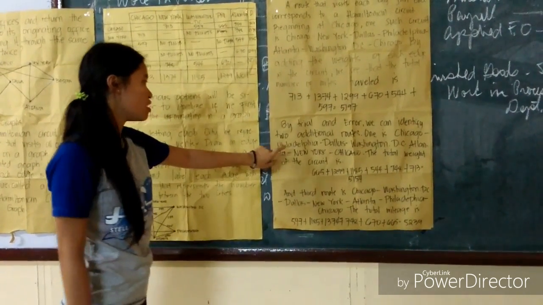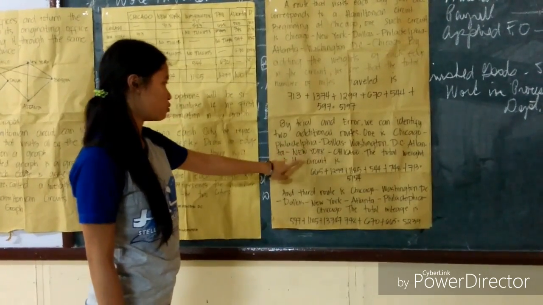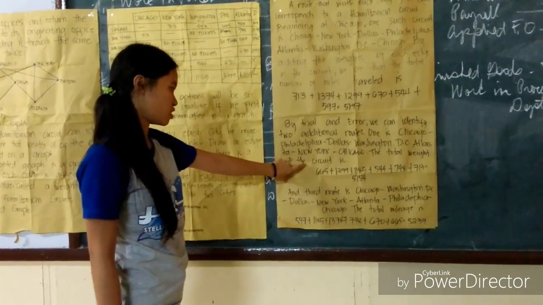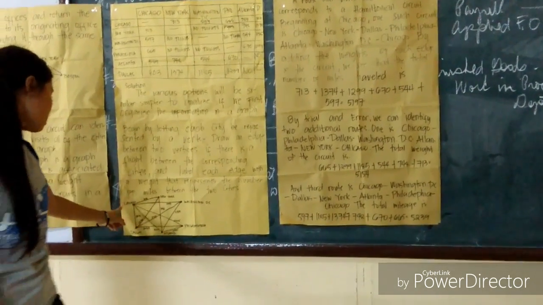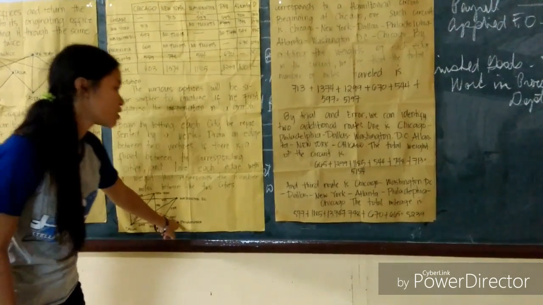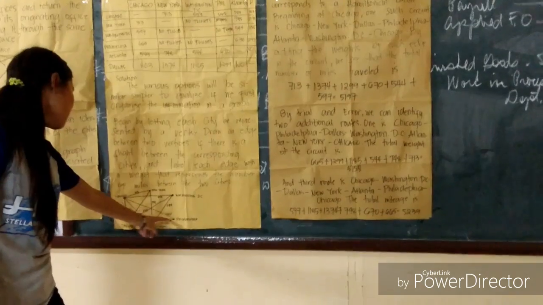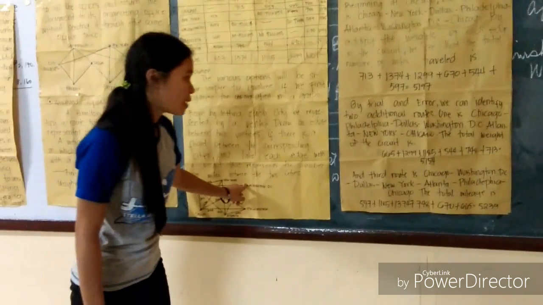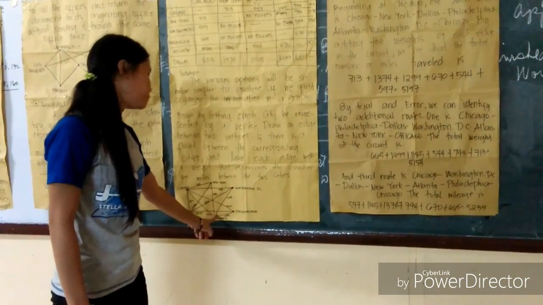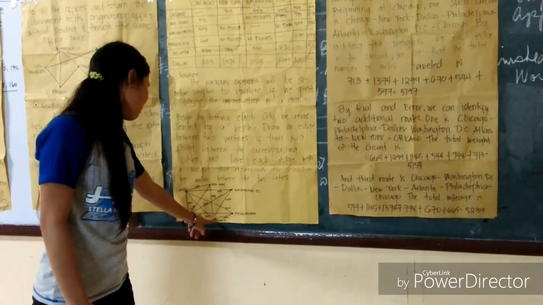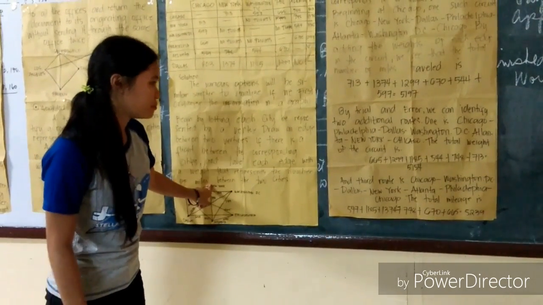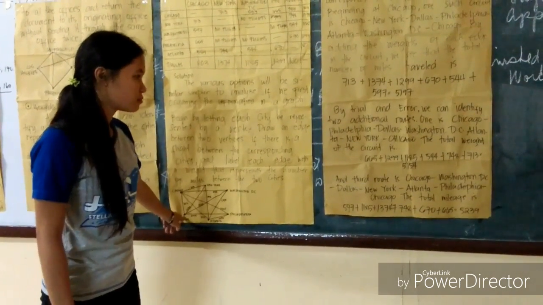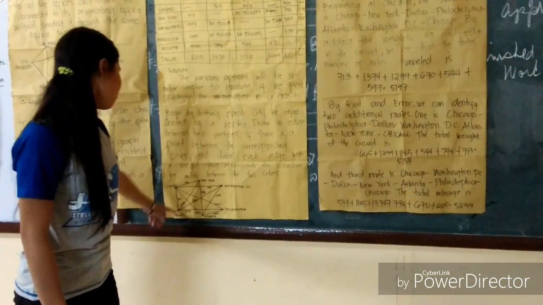By trial and error, we can identify 2 additional routes. Next is Chicago, Philadelphia, Dallas, Washington, Atlanta, New York, and then go back to Chicago. The total weight of the circuit is 665 plus 1,299 plus 1,185 plus 544 plus 748 plus 1,713, which is equal to